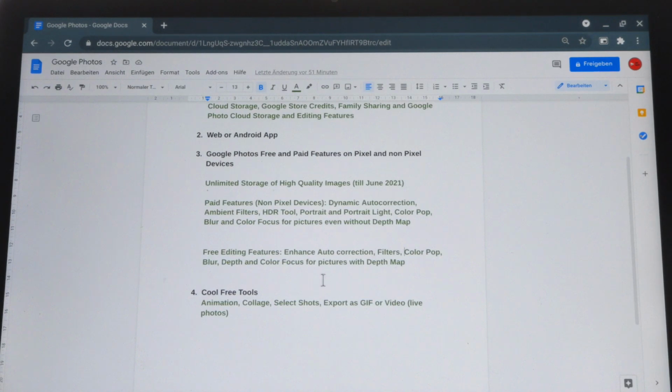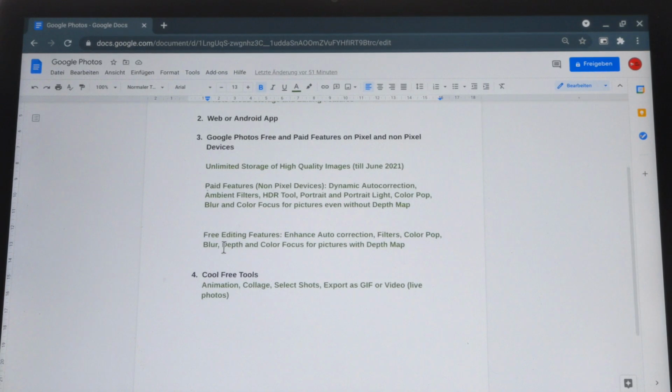with pictures that don't have this depth map. They can just use the free features, this enhanced autocorrection and the filters, and some other features that you can find. And for pictures that have this depth map, you can still use the color pop, blur, depth, and color focus features. So it's also important which kind of image you are trying to edit, whether it includes this depth map